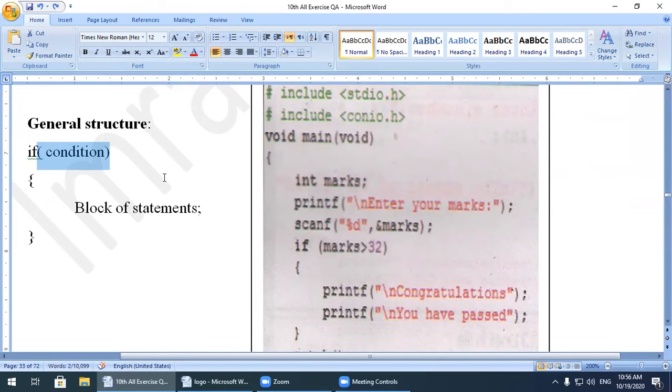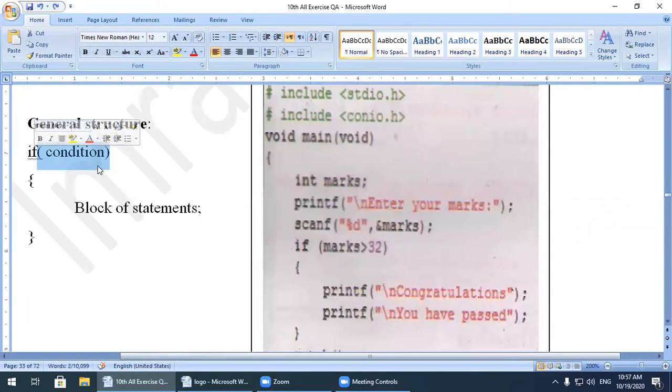We have studied the different relational operators: less than, less than or equal to, greater than or equal to, not equal to, equal to. With the help of different relational operators we make any simple condition. Let's say if x is greater than y, this is a condition. Or if x is equal to y, if x is not equal to y, this kind of condition we will solve with the help of the if statement.